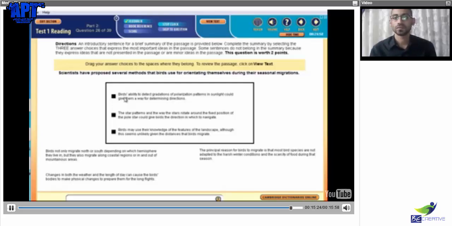No feedback? Yeah, because polarization, star patterns, and